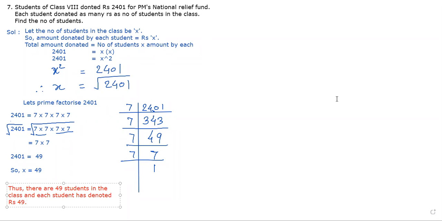See, such a good idea it is. Suppose in your class there are 38 students, each one of us can donate rupees 38 whenever there is some natural calamity and when you have to donate for the poor people. See, donating 30-40 rupees is not a big deal for anybody of us. Yes or no, children? Yes, sir. So we can always do such activities. You can take the lead and do the activities.